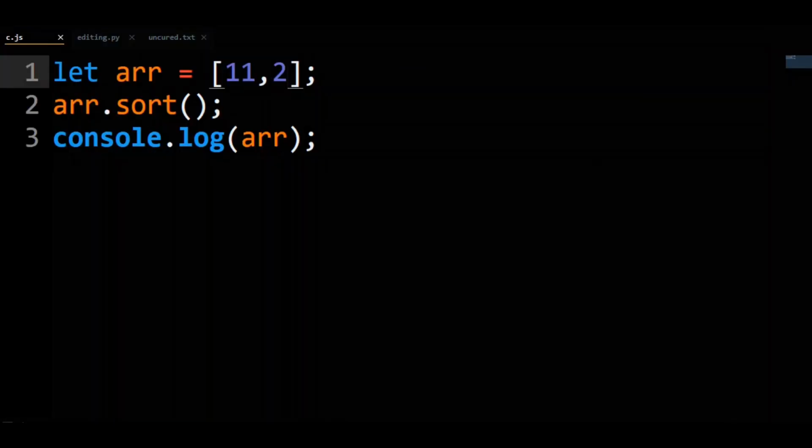Now, JavaScript does have a way for sorting to not be insane, and that is to pass in a custom comparison function. The function that we will pass to r will be an arrow function. It will take in an a and b argument and return a minus b. So, parentheses, a comma b, equals sign greater than sign, a minus b.